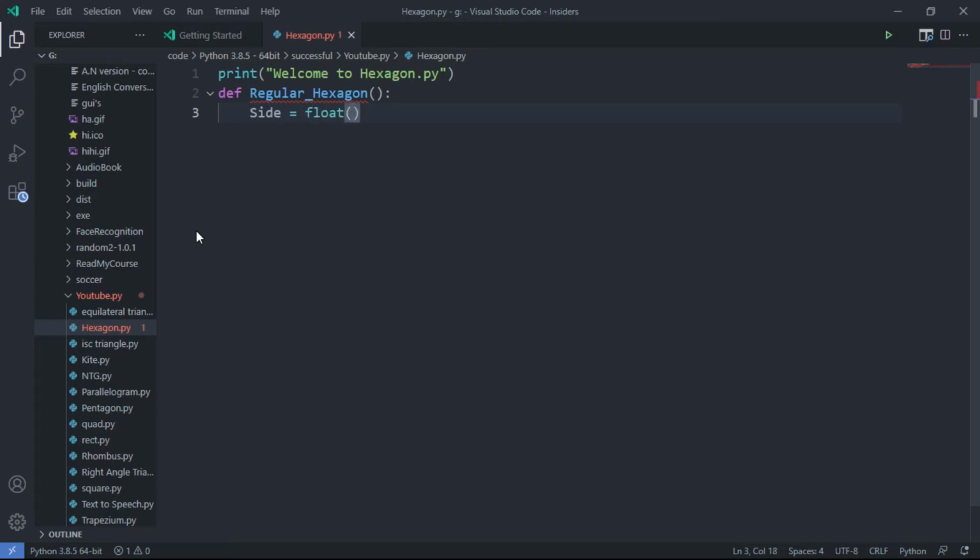float input, and we are asking side, and then